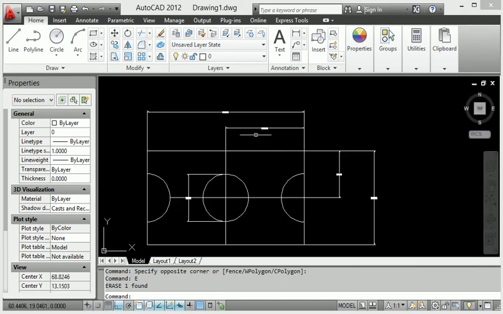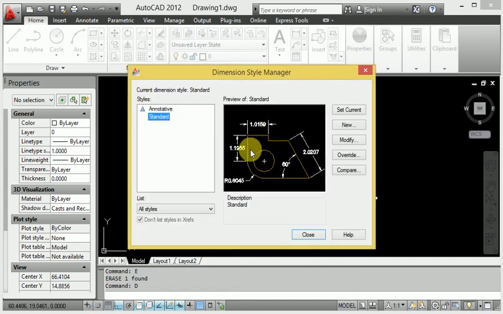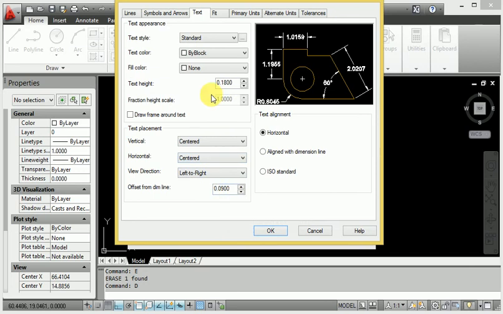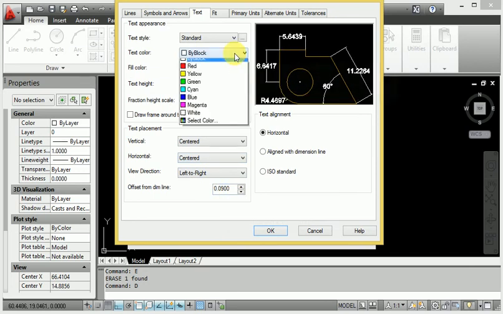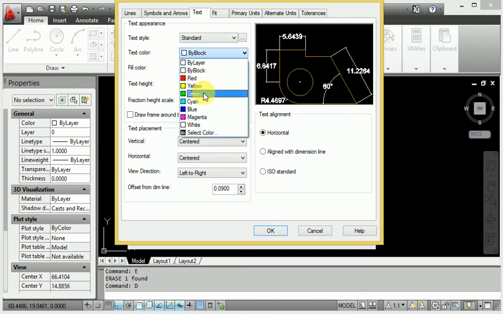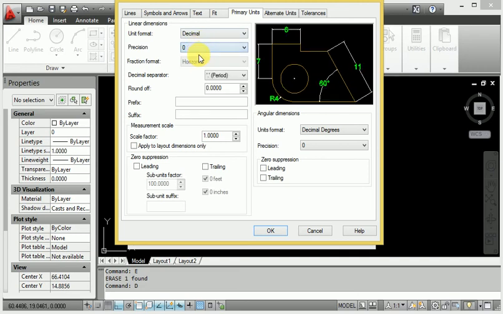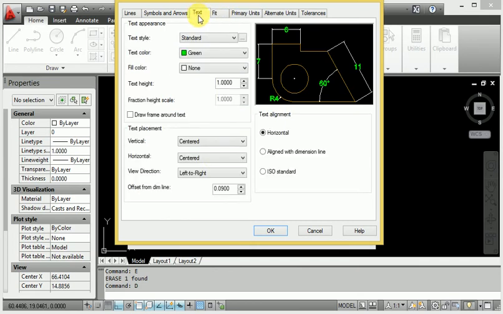When you want to change the format, type D, Enter, and the dimension style opens to modify easily. Change the height, so a height of 1 mm is sufficient, provide the color green, and set the primary unit precision to 0. Then use fit, above and align.